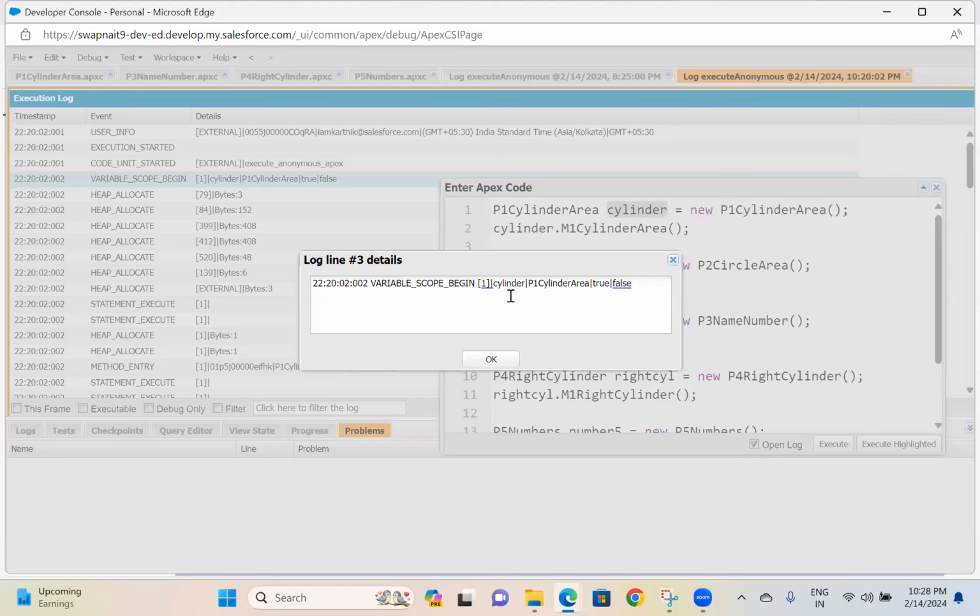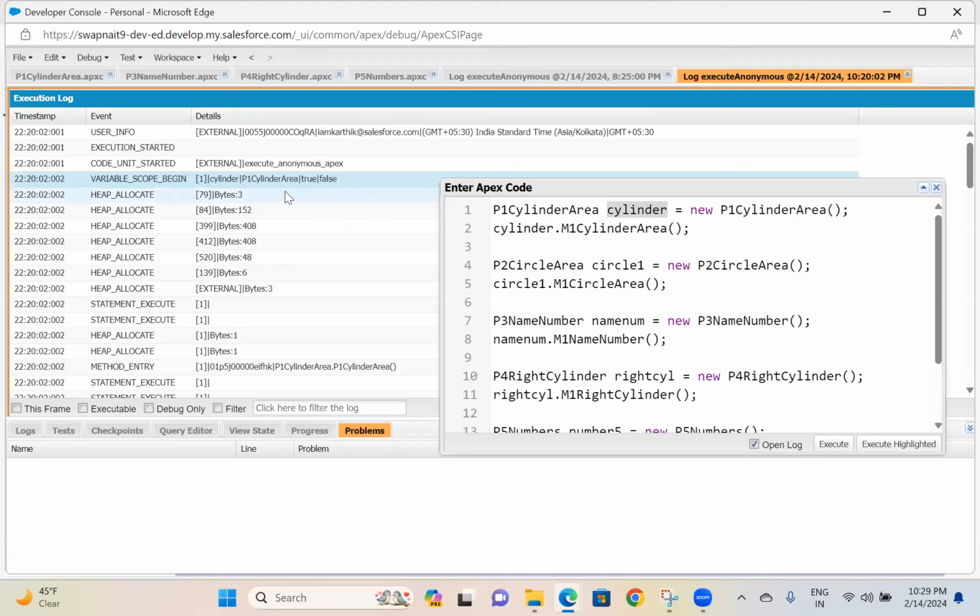That means what we are doing in the variable scope begins. Where is the scope beginning? In the first line, we are creating the instance of the object. Whenever we create an instance of the object, it takes that object name, and the second shows the instance of which class it is. In between you have pipes. So the first line explains your instance of the object, how you have declared it, what object name you have specified. That is the information. It starts from the variable scope begins. Click on close button.